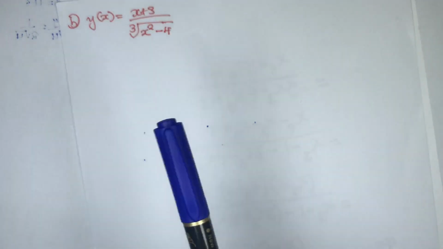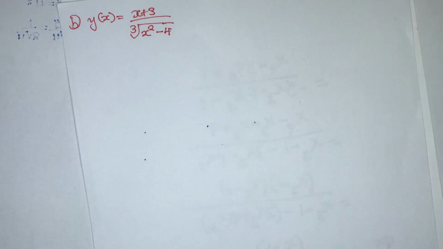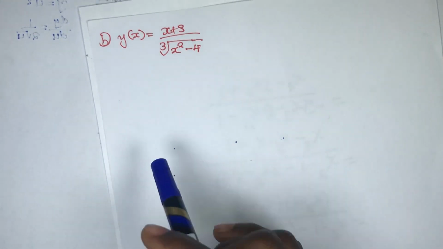Okay, so the next question that we have there: y of x is equal to (x plus 3) divided by the cube root of (x squared minus 4). The method of differentiation that we're going to use here is logarithmic differentiation. So what we're going to do here is this: